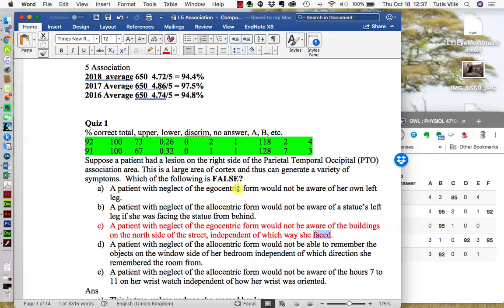Okay, so in terms of the quizzes, you both classes did very well. The 650 class,